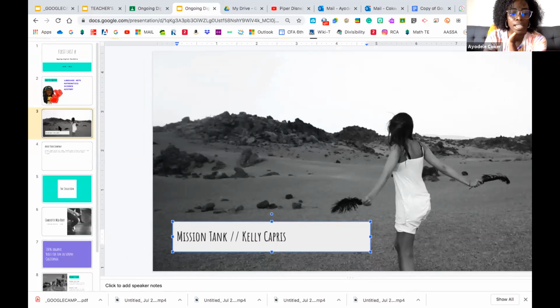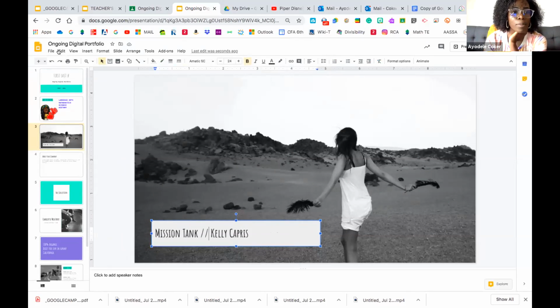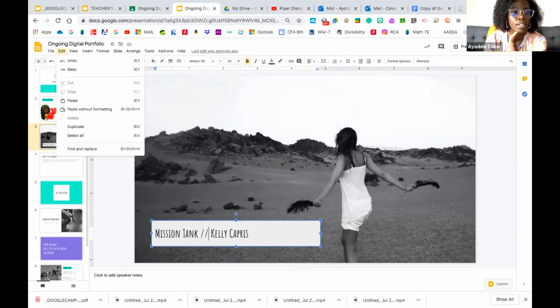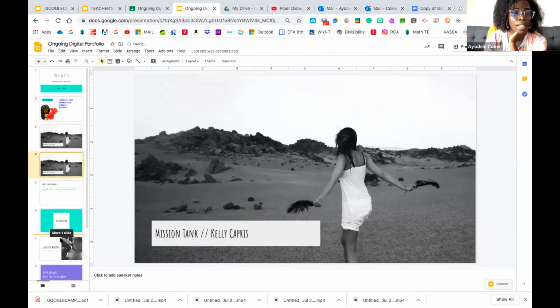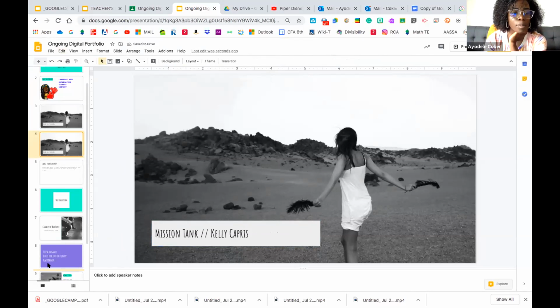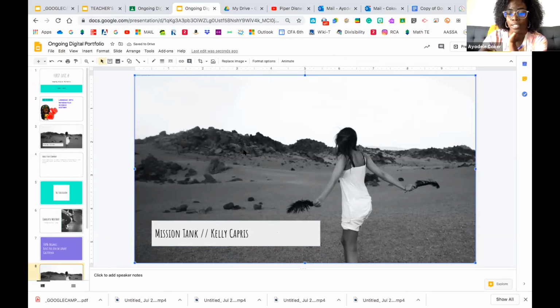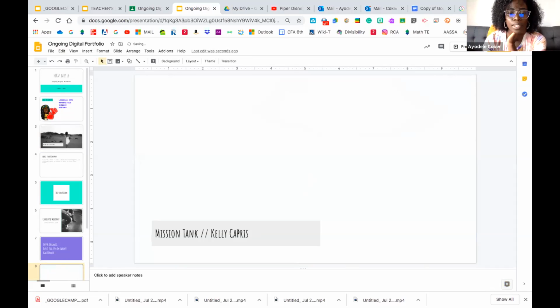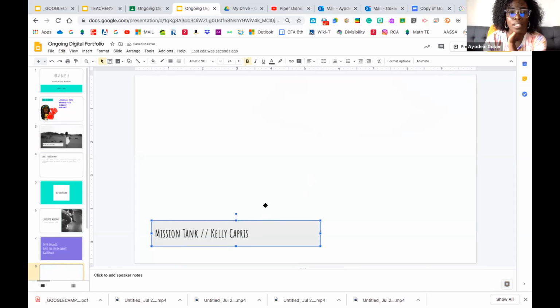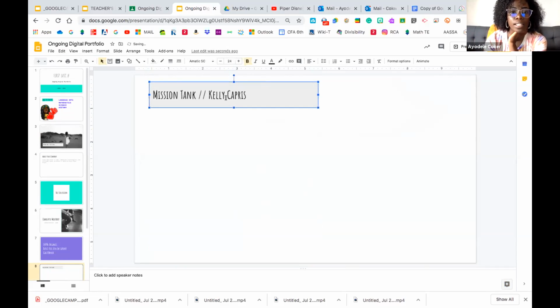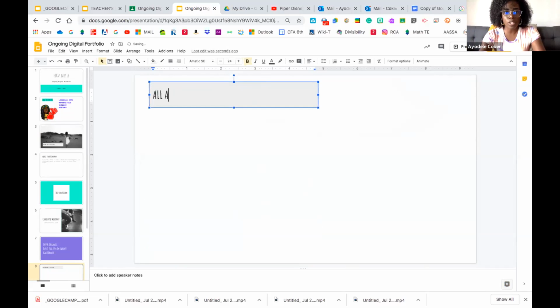I like this one, and I'm going to copy and paste it. Remember, copy and paste it to make sure that you have it, let me select it. Edit, copy, edit, paste. I'm gonna drag that back down because I don't need the second copy anymore. Okay, this is a template for All About Me. Now, remember, you can delete any pictures that they add on there. So if you didn't see that, I just selected that picture and deleted it. I'm gonna bring this box to the top so that the kids can easily see it. This is their All About Me page.